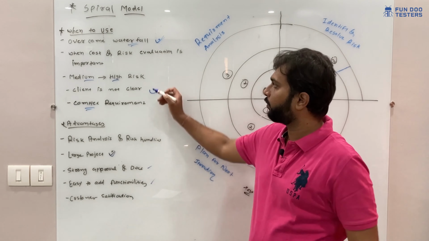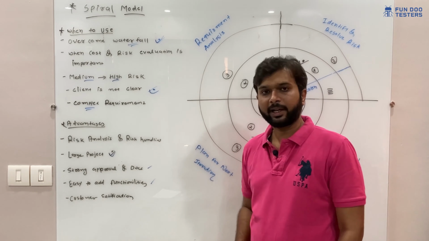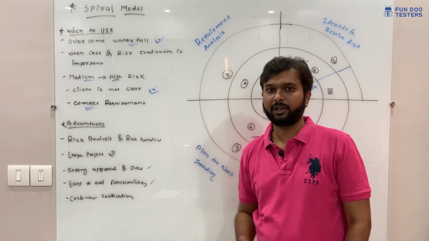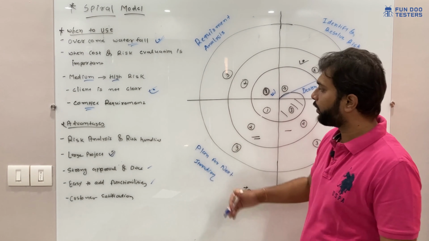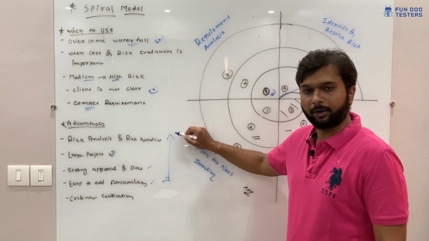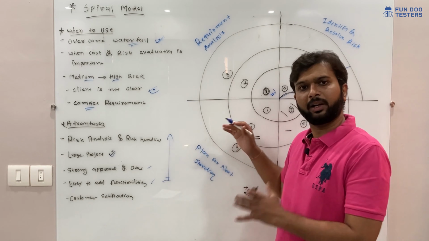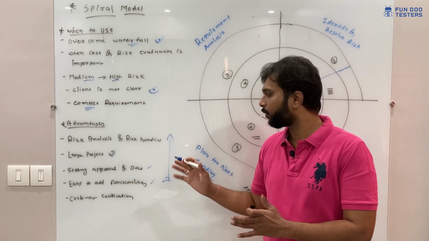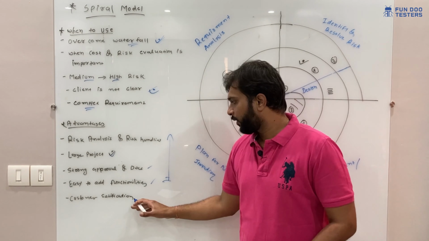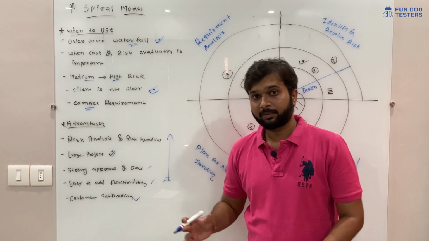So that's what we have discussed here. The client is not clear, so in that case we can easily add the functionality. In the waterfall model we have to do rework, we have to go from the lower stage to the upper, in the backward direction. But here, in the next phase we can take the new functionality, so no need to worry about backtracking. And customer satisfaction: definitely the customer will be satisfied with this model.